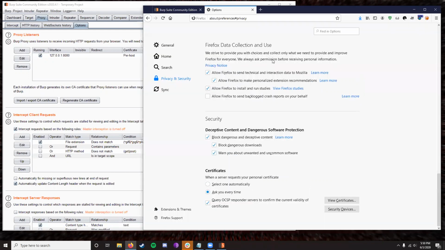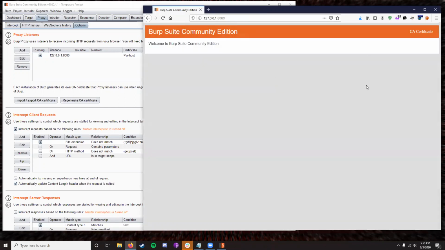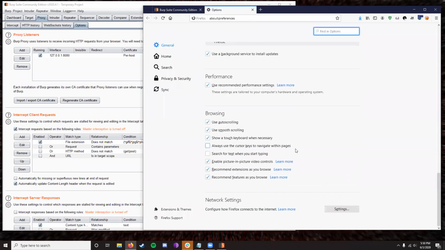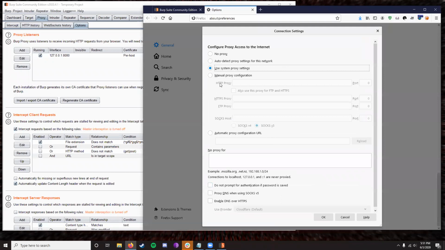And then once you do that, you're going to want to proxy your traffic from your browser to Burp, which means you're going to have to set the proxy for your browser. That's when you scroll down to network settings, and there are two ways to do this. You can either use manual proxy configuration, which you would again type in 127.0.0.1 at port 8080, or you